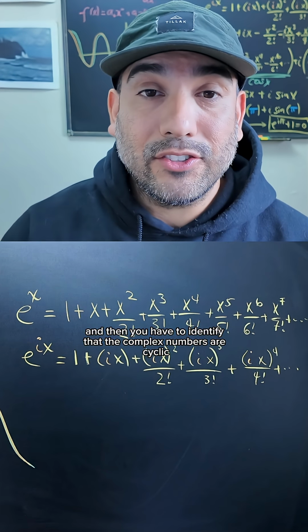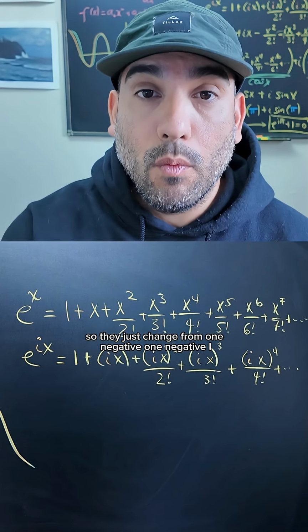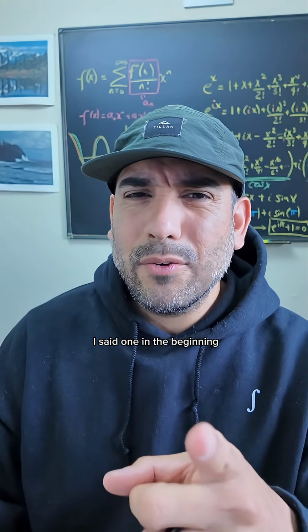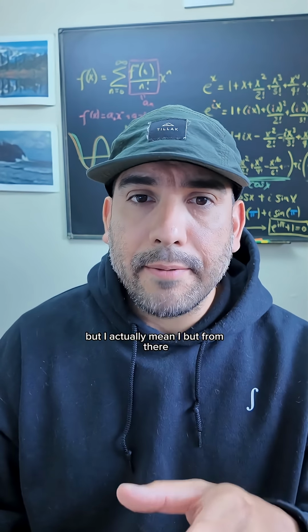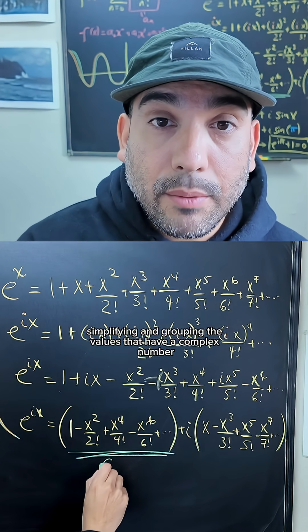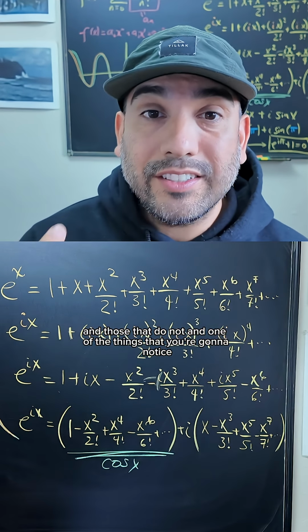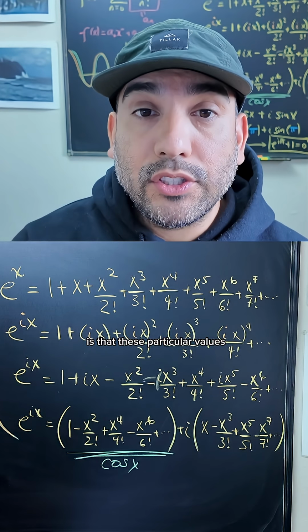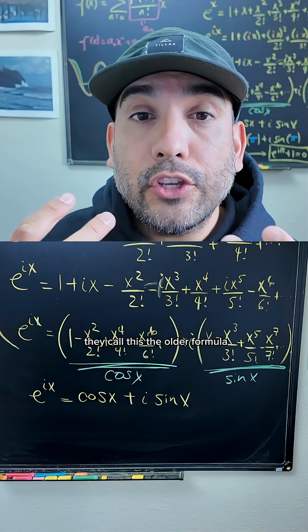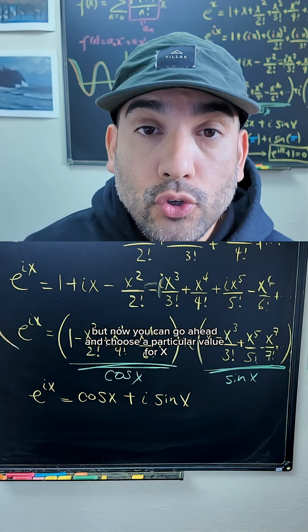and then you have to identify that the powers of the imaginary unit are cyclic, so they just change from 1, i, negative 1, negative i, and then we continue to positive 1. I said 1 in the beginning, but I actually mean i. From there, you start simplifying and grouping the values that have a complex number and those that do not. One of the things you're going to notice is that these particular values are the Maclaurin series for sine and cosine. They call this the Euler formula,